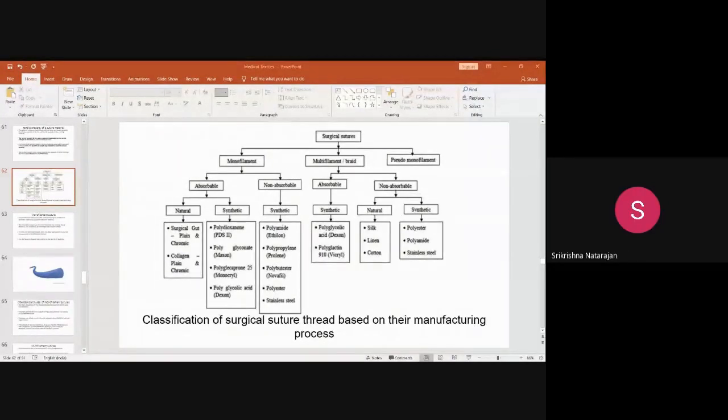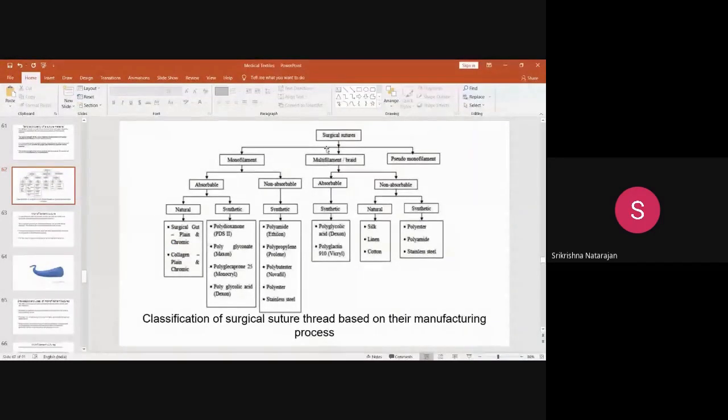Okay. Fine. Good. So if you see, these are the surgical sutures, classified into different categories. The main thing you need to understand is, you can classify them based on the number of filaments, and next, whether they are absorbable or non-absorbable. And otherwise, you can classify them based on whether it is a natural source or a synthetic source. So three ways you can classify. The main ways are the number of filaments and whether it is absorbable or non-absorbable. So these are the two important things, and this is the subclassification, whether it is natural or synthetic.